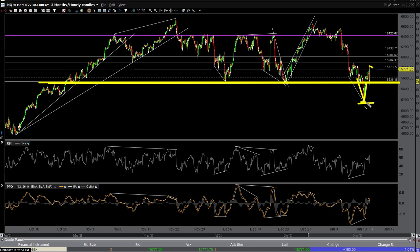If you took that long yesterday and you decided to just trail a stop up, well, good for you. Because you milked it out for a little bit more. And who knows, maybe it's going to do this. I don't know. I don't think so. But what I would say is at this point in time, maybe tighten your stops up and get ready to reverse back into a short if we fall back below 15,536. That's what you really need to see, a failure back below that level, and then ultimately, again, a break of